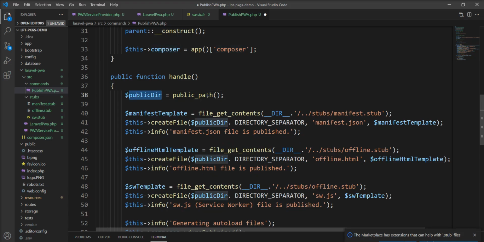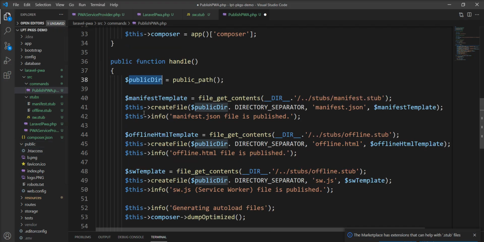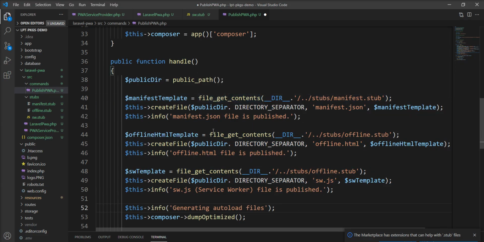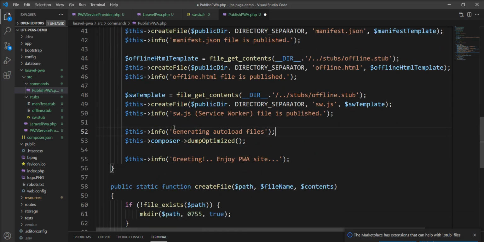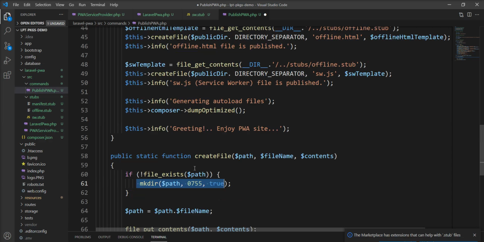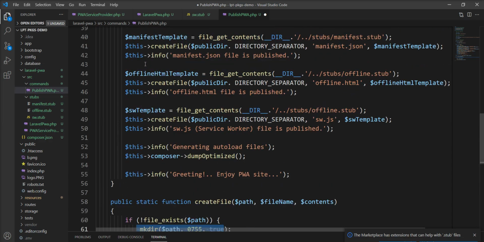Now I'm going to specify the public path. The public path is from here, and now I'm going to generate all the files using this logic. I get content from the stub and create the file. I created one function here and it checks here, gives the permission and creates the file using the file put content function, and then I specify the message that this file is published. So this is the same for the other two files, sw.js, offline.html and